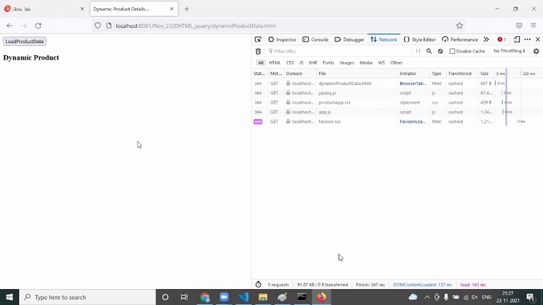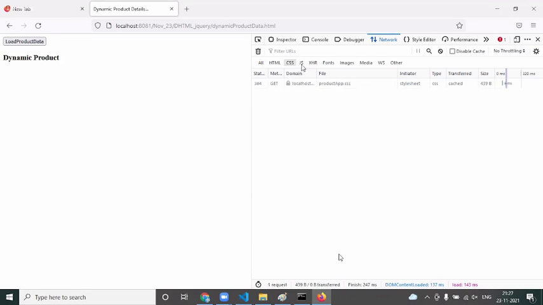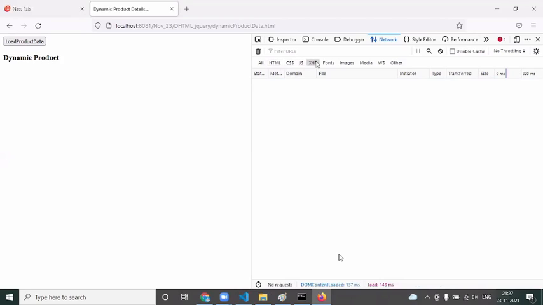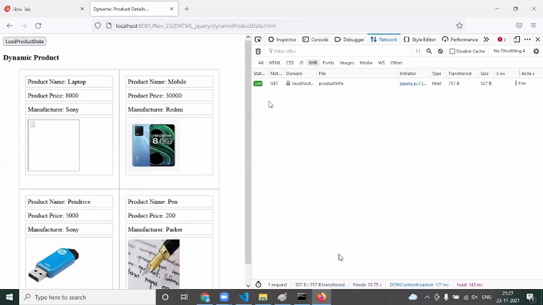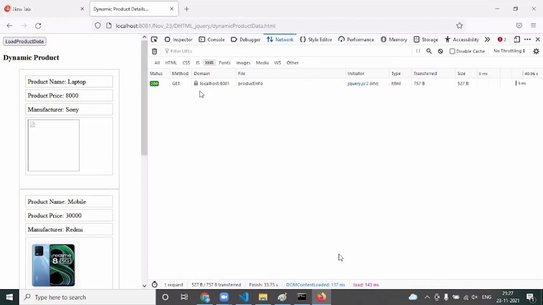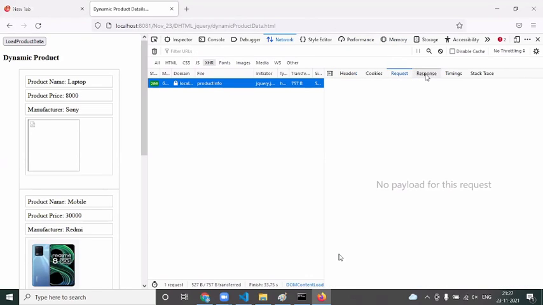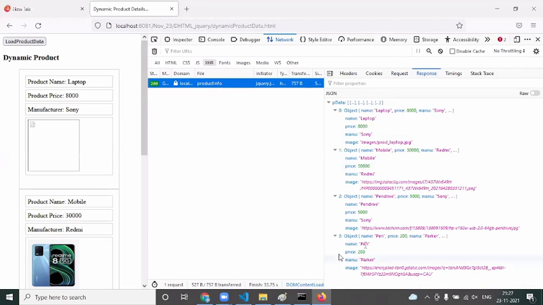These all are coming from the server. But if I say only CSS, you will see only the CSS files. When I say JS, only the JS files. When I say HTML, only the HTML files. But if I say XHR, only the Ajax calls are shown. Right now, there is no Ajax call. Why so? We haven't hit it. When I click on this button, now you see the Ajax call also. See, the status code is 200. I got a success status. This is the web service URL, this is the request you have sent, and this is the response you have received from the server.